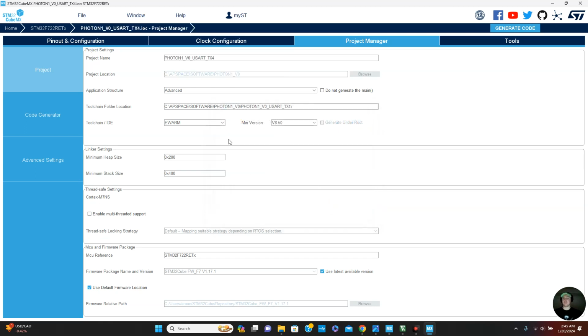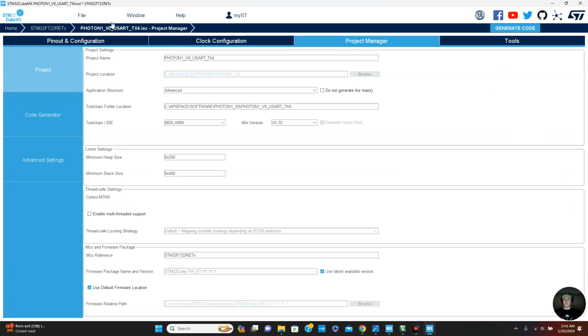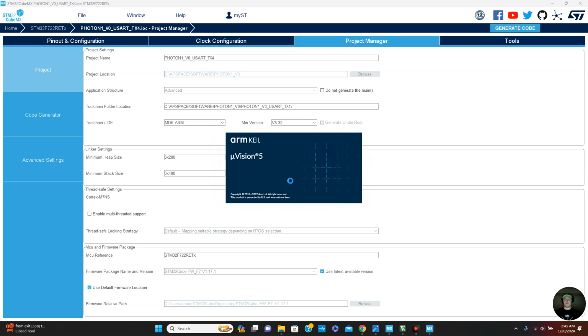That fills in our project name and our toolchain folder location. We select MDK ARM for our toolchain / IDE parameter. We verify all of our settings. We save the project, and then we generate the code. We go open project,